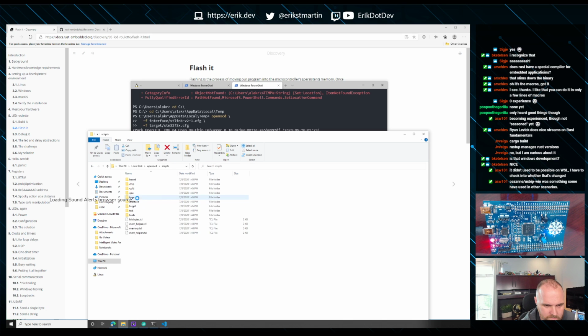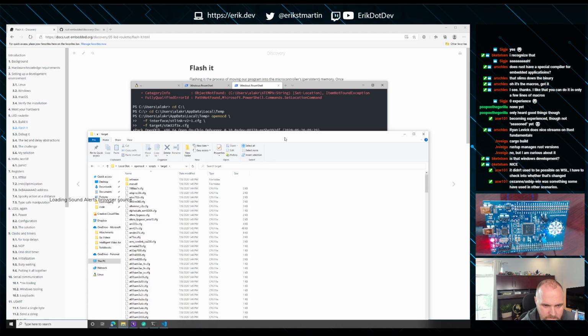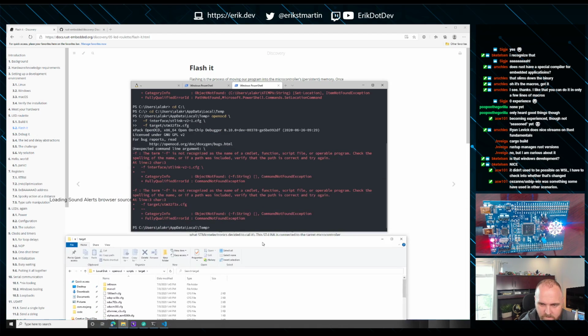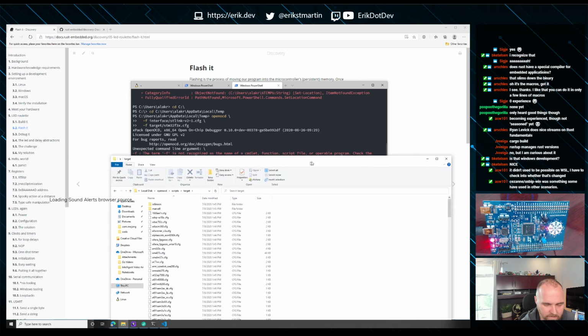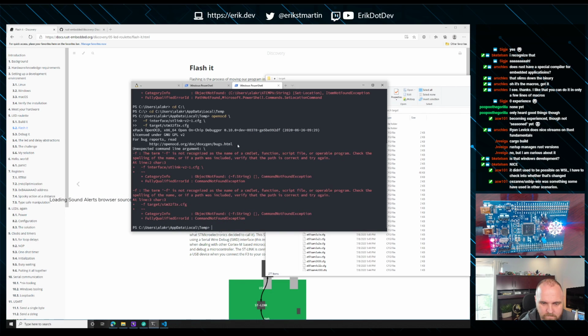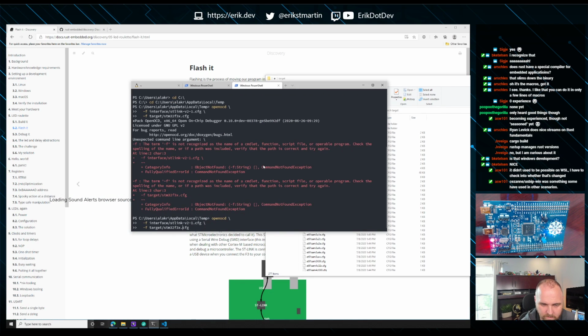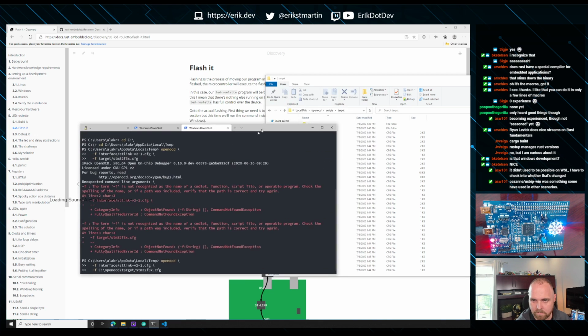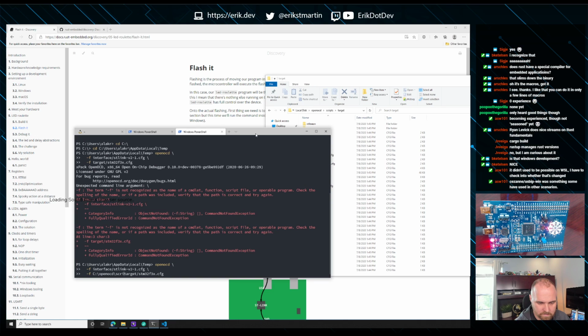Scripts. Scripts. Target. So this is where these config files are. So we just have to update this command to look for it there. So we need OpenOCD / scripts /